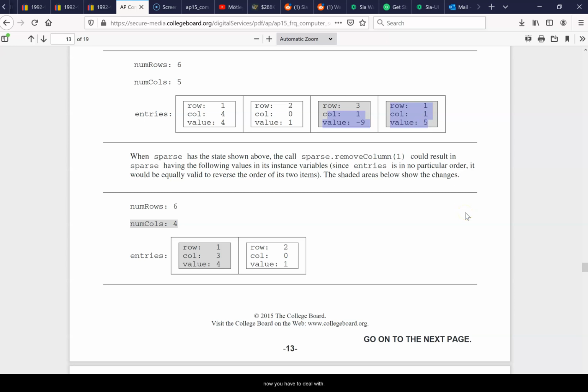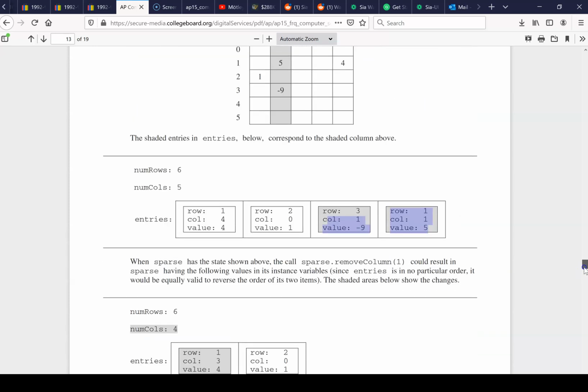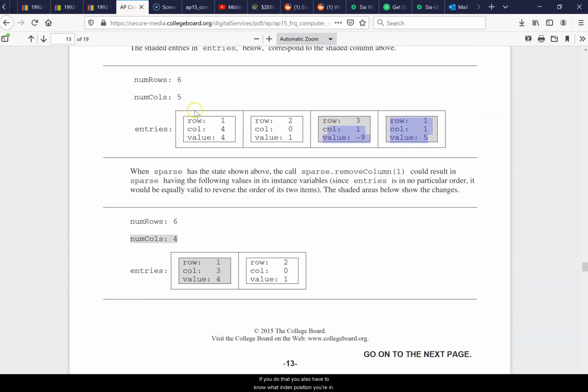So now you have to deal with the dot set and dot remove methods of your array list, okay? So let's think about this. Now, if you do that, you also have to know what index position you're in, which makes it a little bit more difficult too, because